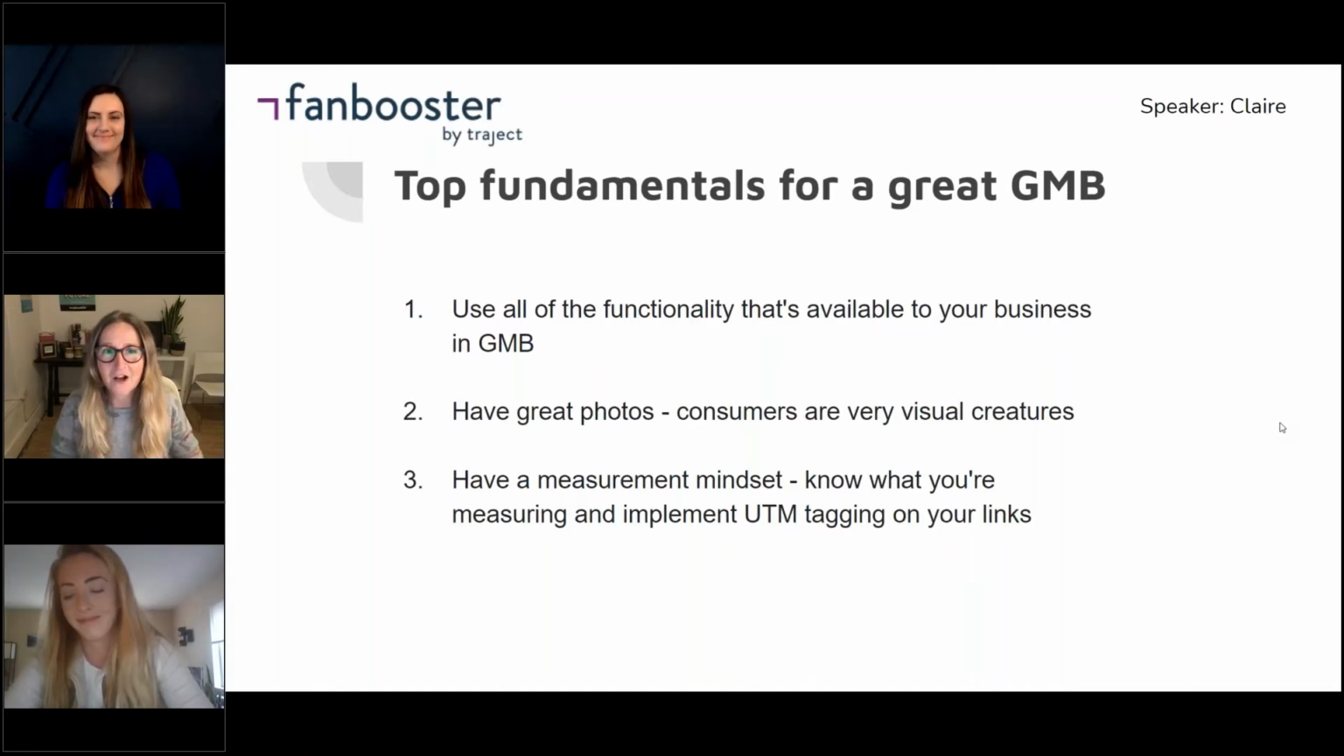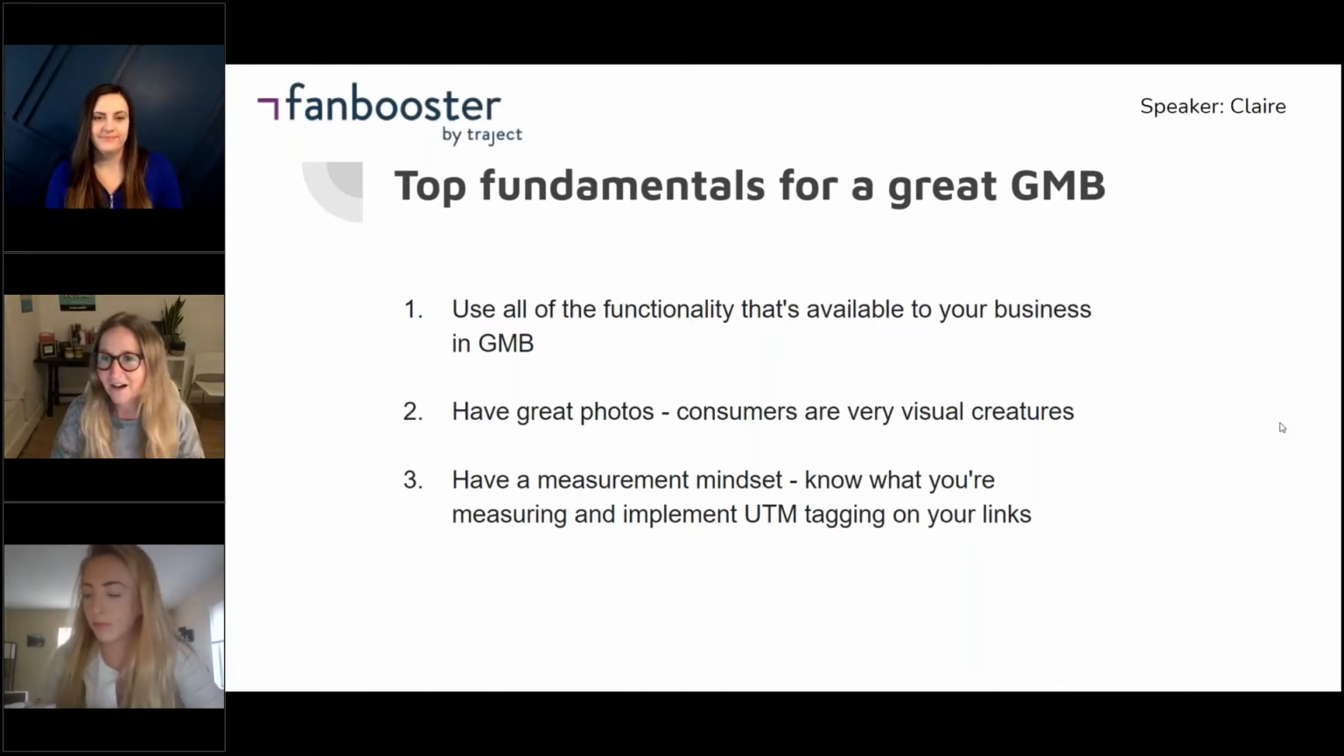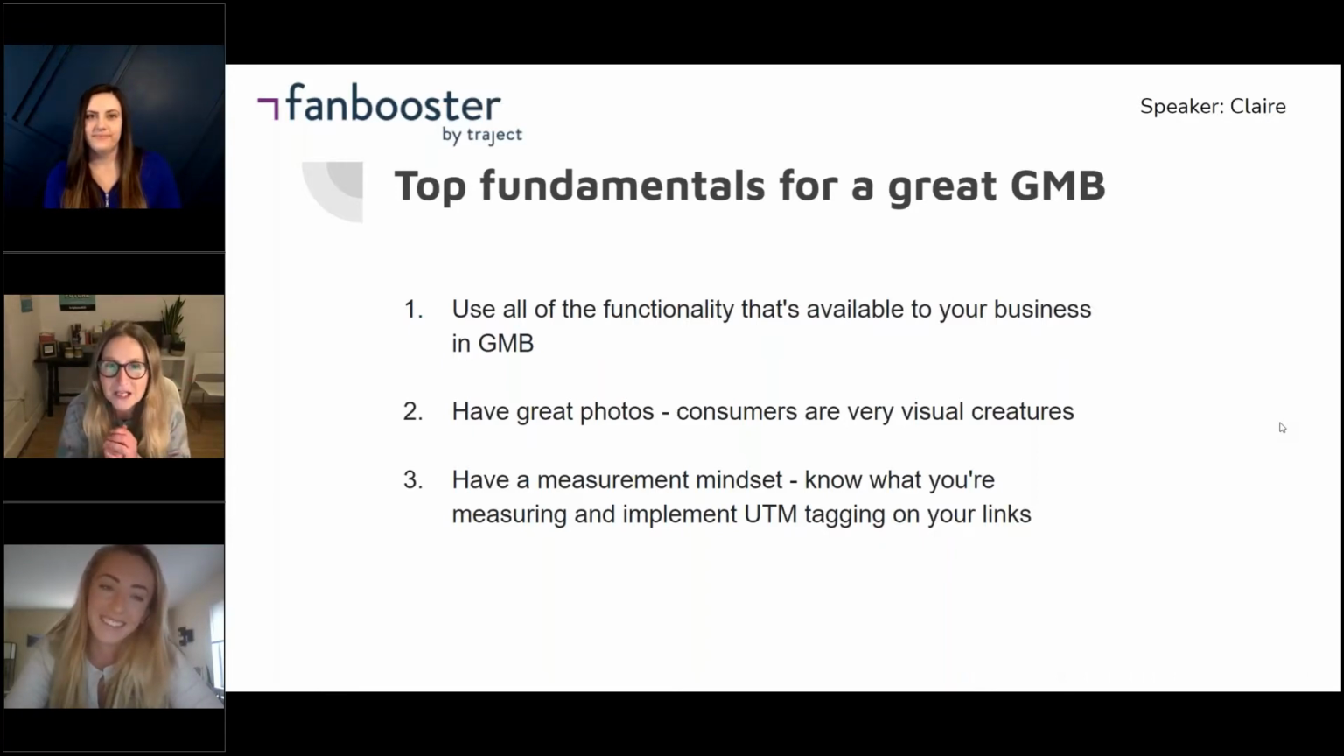So they haven't uploaded anything since, I don't know, 2013, or they haven't uploaded anything. And then look at those photos through a consumer's eyes. If you're a tattoo parlor, don't have a picture of a grotty floor. It needs to look clean and nice and appealing. So look at everything through the eyes of your potential consumer,